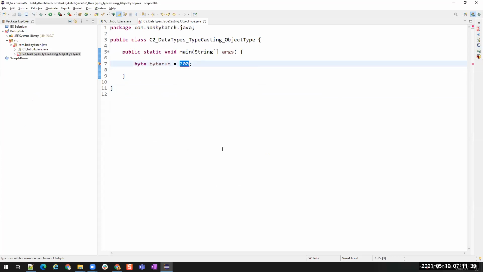So you can store only values within the range of this byte. The range is 127, but even if I type 128, it will throw an error. So we can store only within the range that we have discussed, because the memory can be up to 127.